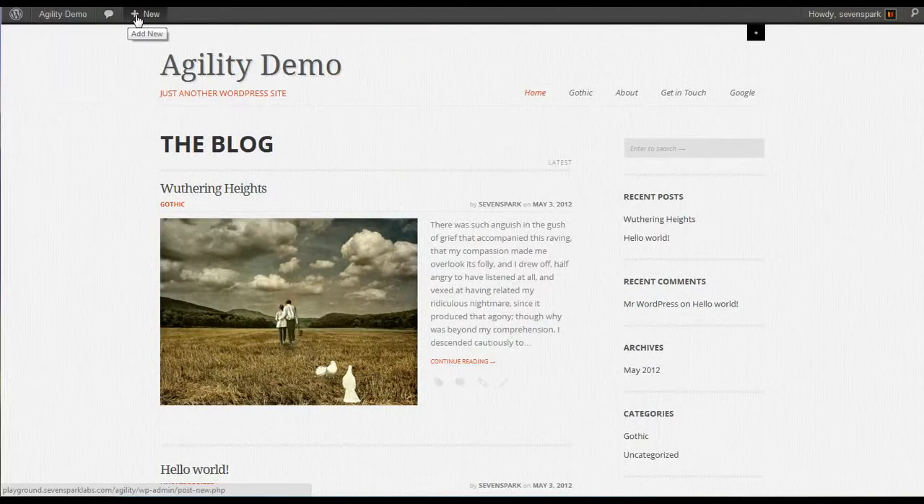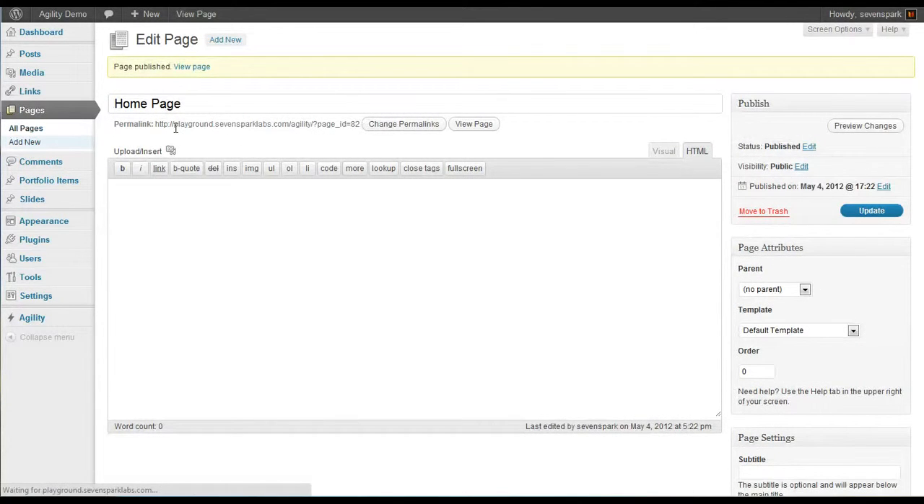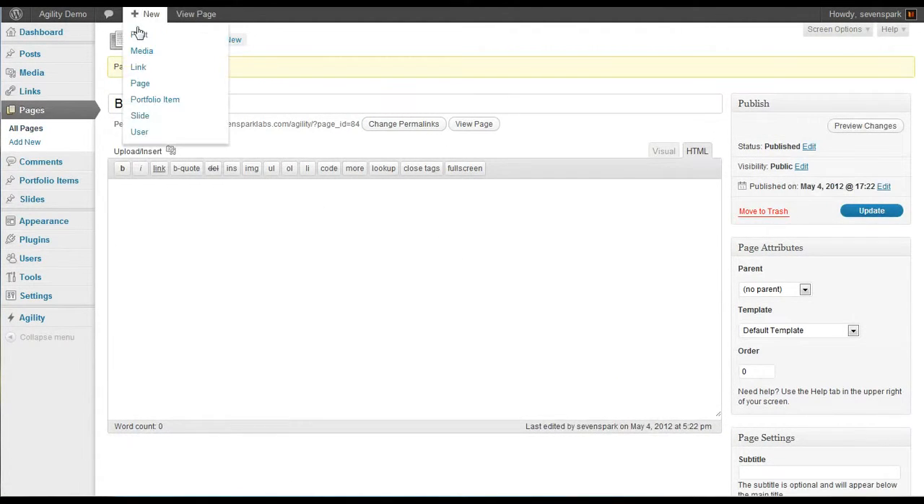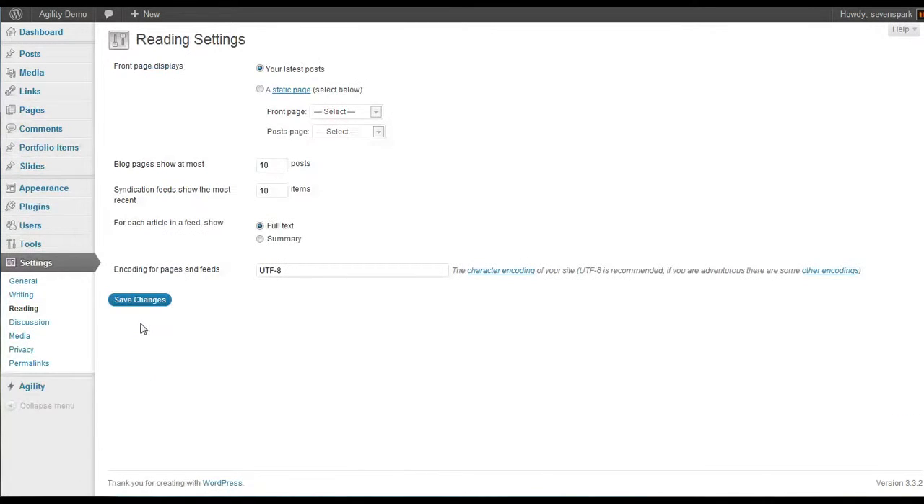If you want to make a static home page, the first thing we need to do is create two new pages. One to represent the home page, and one to represent the blog page. Now that our two pages are created, blog page and home page, we can navigate to Settings, Reading, and you'll